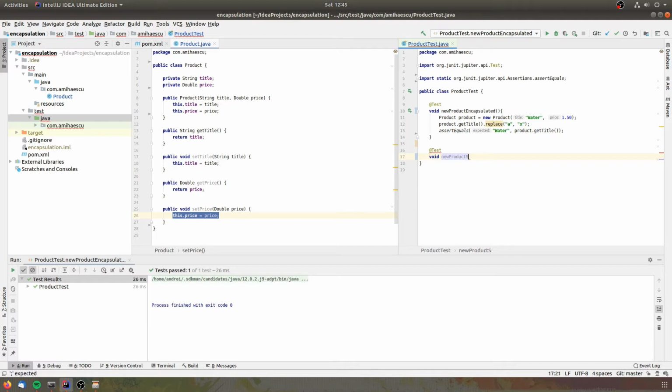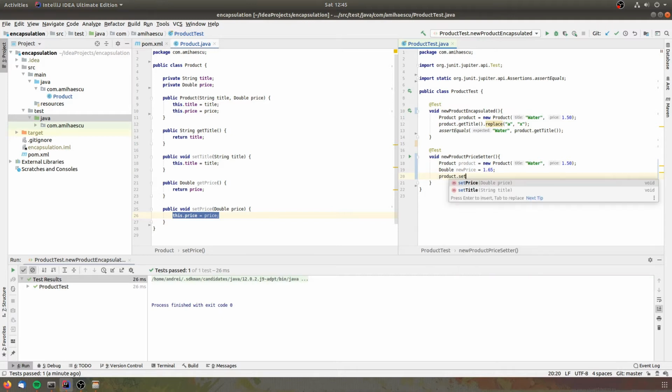What we're going to do is take the same water product and do double new price, which is going to be, I don't know, like 165. And if we do product dot set price new price,